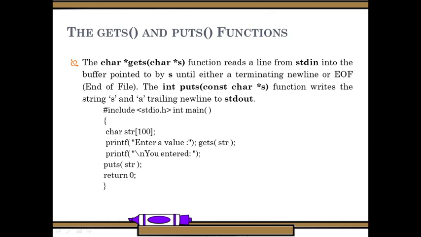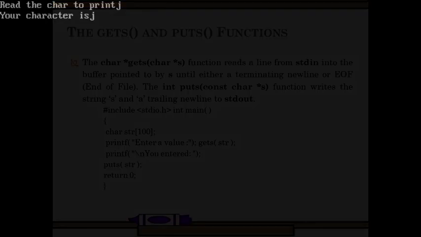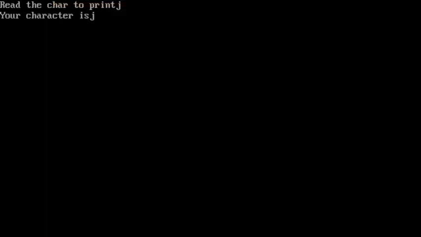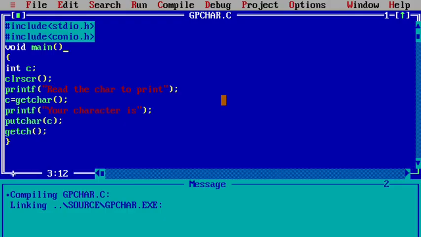Let us try with this example. Instead of, okay, I'll use char, and str is the variable where 100 is the size of it.